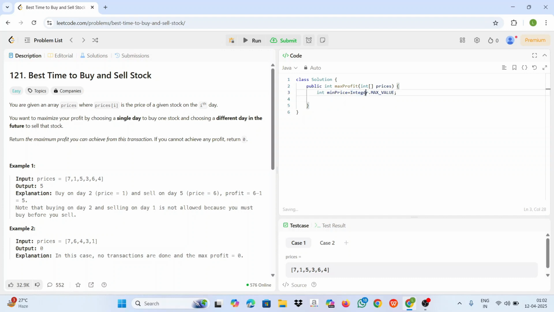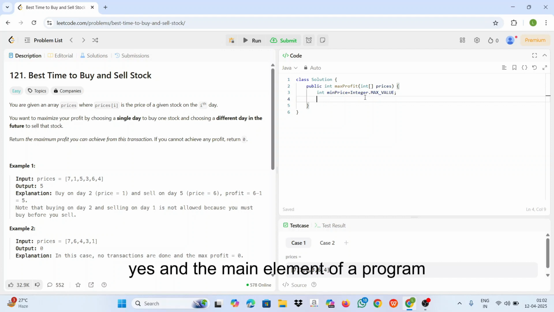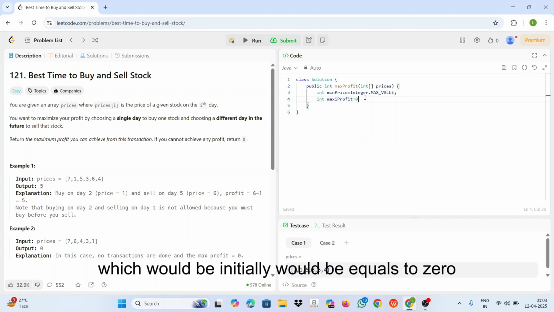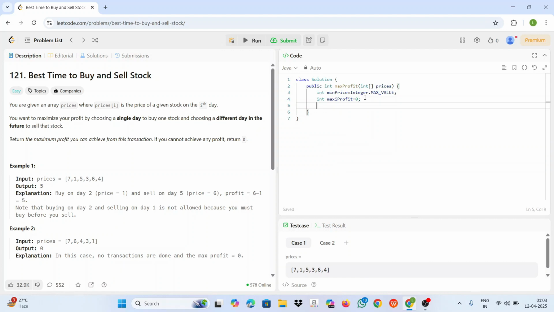And the main element of the program, what we have to return, maxProfit, which would initially be equal to 0.